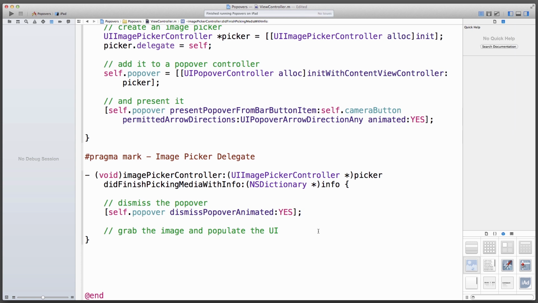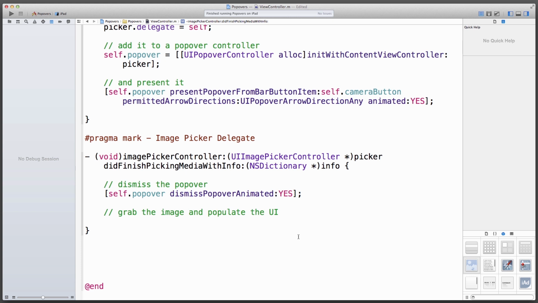Now I'll grab the image. This is a little bit convoluted, but it grows on you after a while. We'll call it chosenImage, and in this method here we're being passed the image picker, but more importantly we're being passed an info dictionary, and it contains several types of images, not just the one that was picked. It contains that, but it also contains various versions of it, and there may be an edited version, there may be an original version, a smaller cropped version, that sort of thing. So we need to ask the info dictionary for the correct image, and the way we do that is